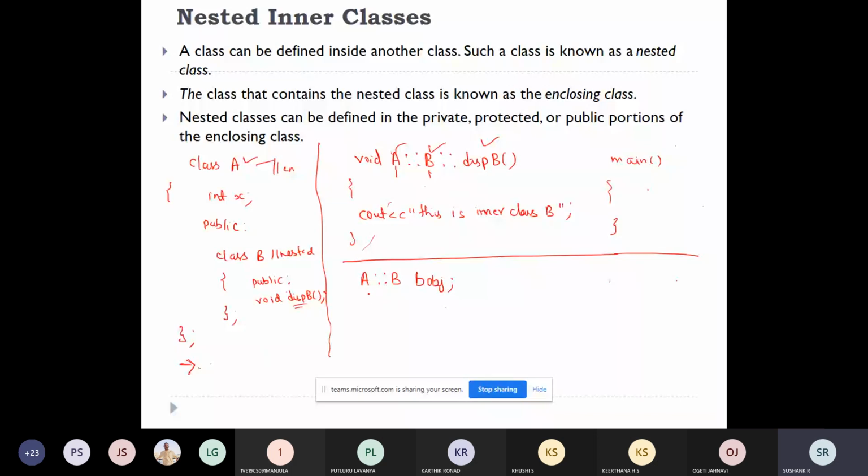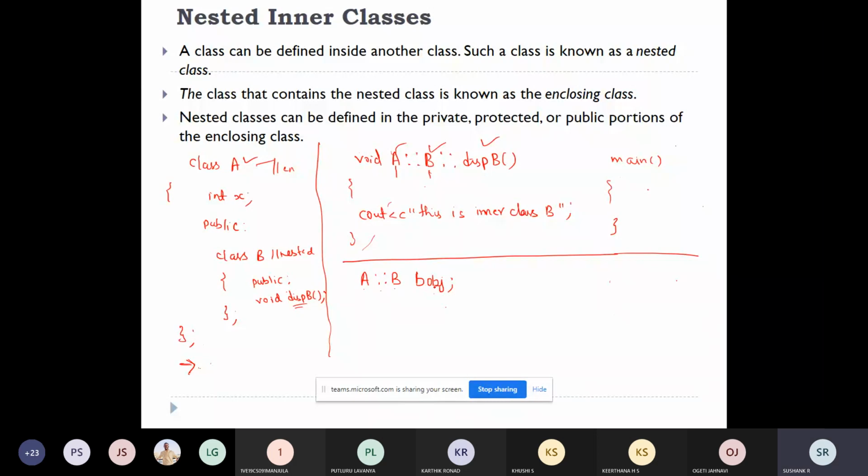If you want to create an object of class B, you can use outer class name, scope resolution, inner class name, object name. So you can also follow this thing.